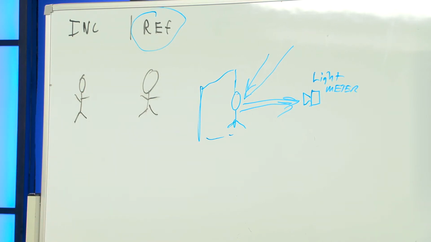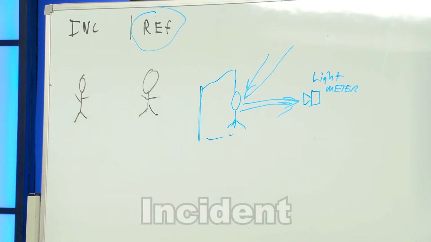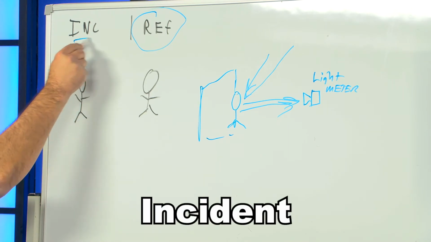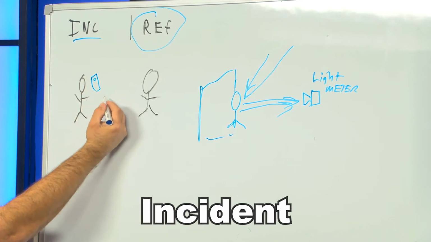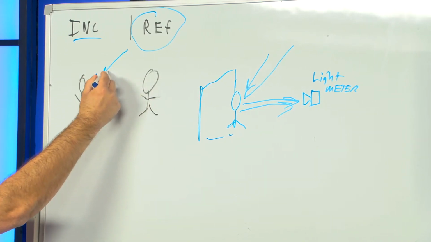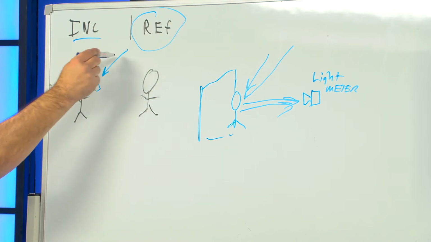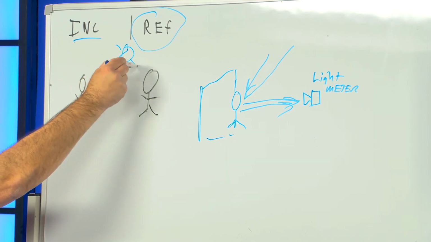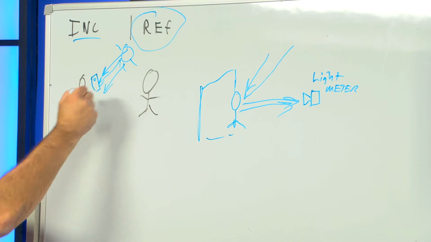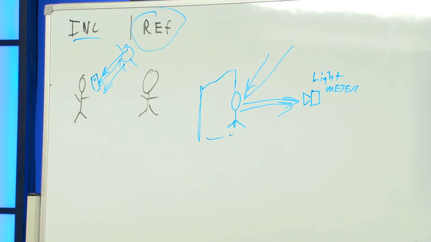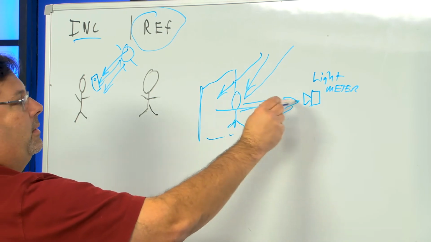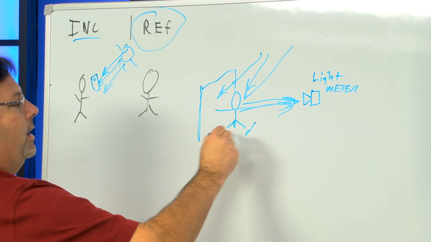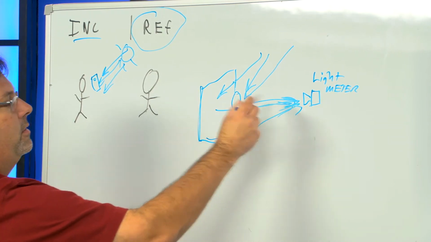So you have a reflective light meter in every single one of these by default. You can't have what we call an incident light meter. An incident light meter is one of those handheld light meters that has a little dome on it, and it measures the light falling on the subject. So the little happy rays right here, sun, light falling on the subject. A camera doesn't do that. A camera is gonna measure all the light bouncing off this wall, coming back, bouncing off the ground, coming back, whatever is in that scene,